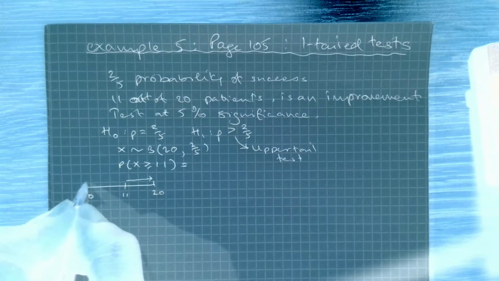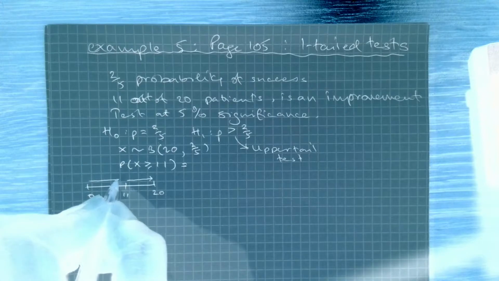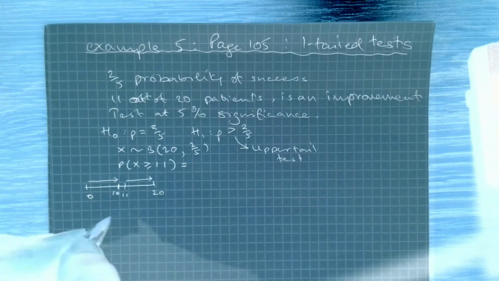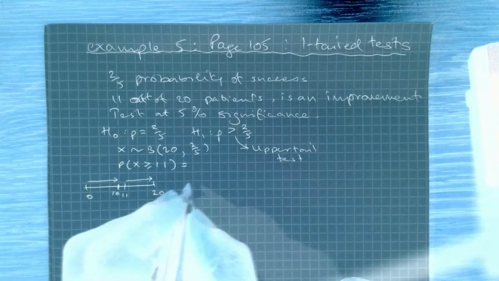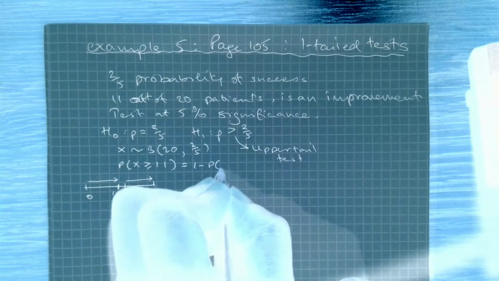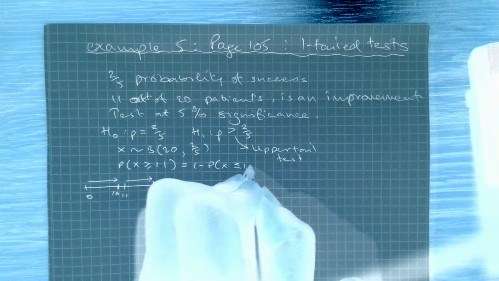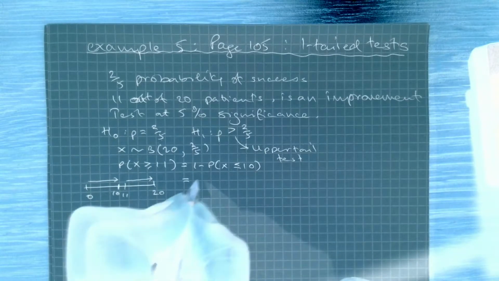So the way that we're going to do that is we're going to find the successes up to 10 and then take this away from 1. That'll give us 11 or more. So 1 minus the probability that X is less than or equal to 10. So it's going to be 1 minus,